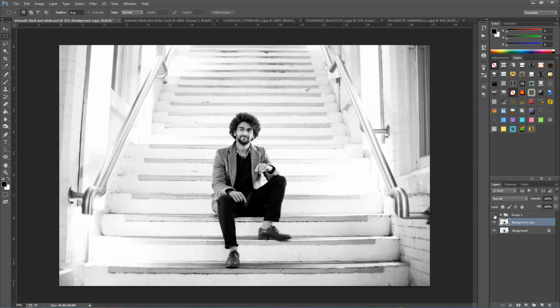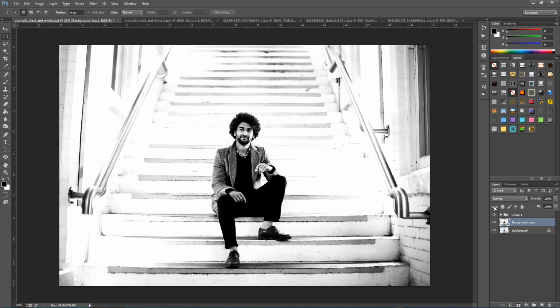So I'm going to reapply the effect, and this is exactly what we want. A lot of photographers and high-end designers actually use this effect, so this is a great effect to get down. If you're a beginner or an advanced user, it's for all of you. So really play around with the settings in this tutorial. I'm also going to show you a few other images that this can work on.